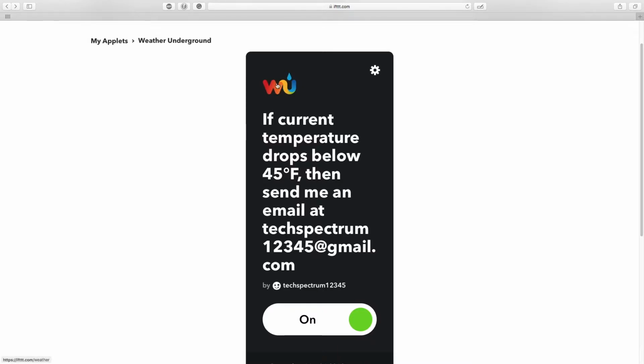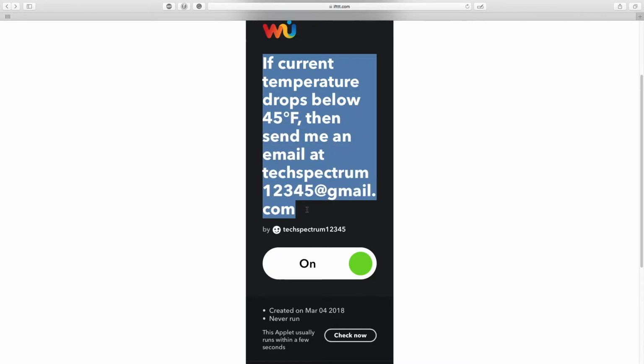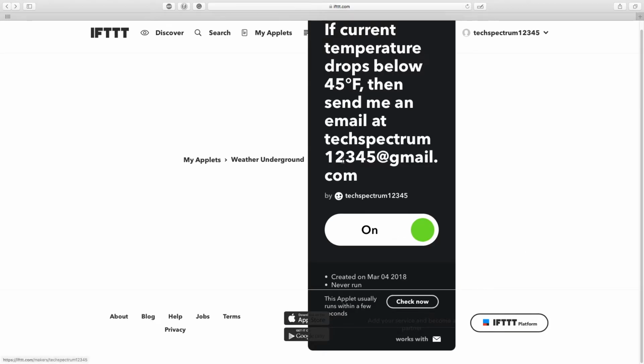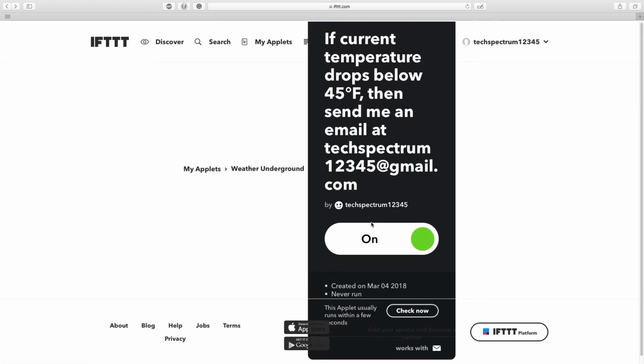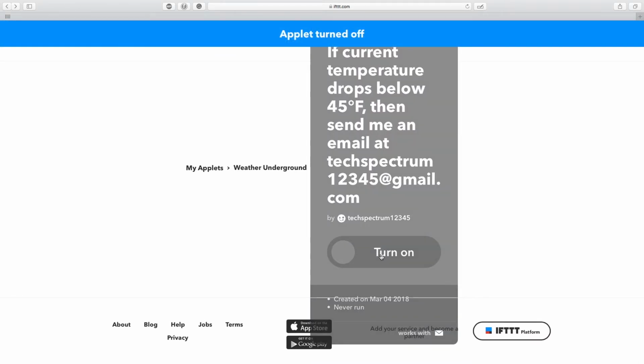Over here, it'll give you what app you're using. Over here, it'll give you a brief summary of what's going to happen. Here, it'll tell you who created it. So the reason why it has who created it is because you can use other people's applets. Oops, what happened? Okay, let's just continue. This switch turns it off and on,